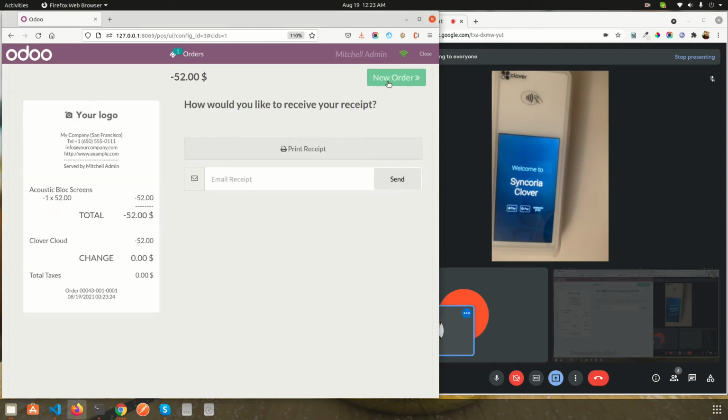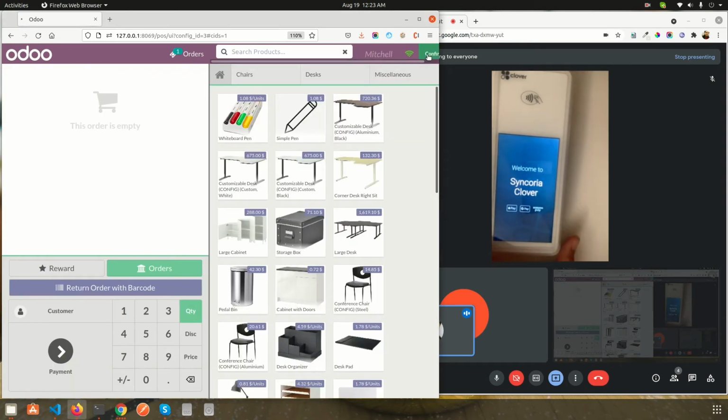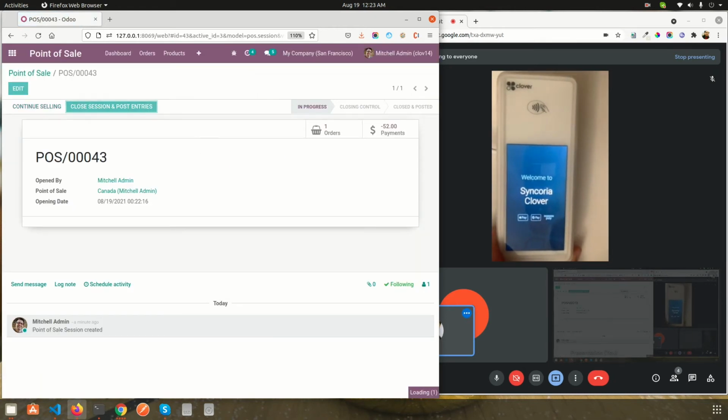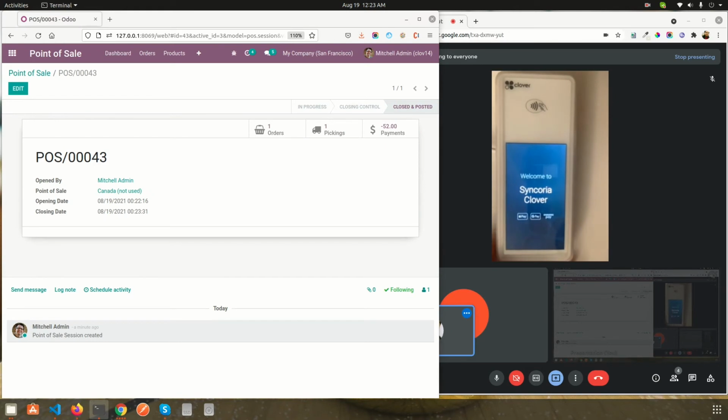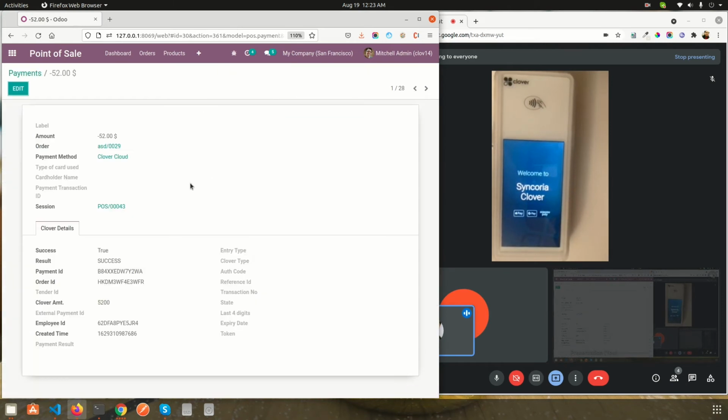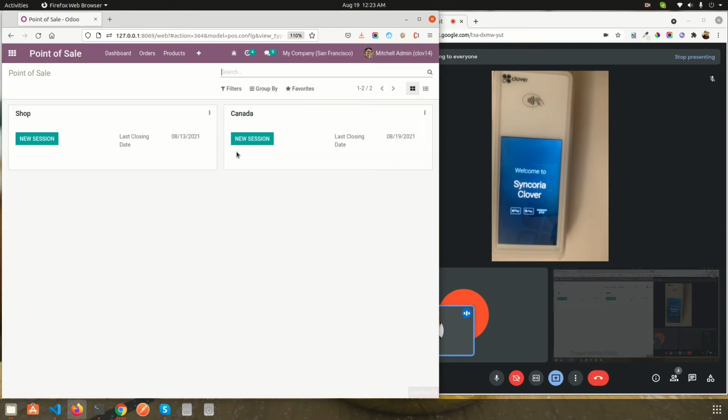We'll validate and close this session. And if we go to payments, we can see the payment details here. We have the $52 negative value, and we also have the refund response here. Now we'll move to